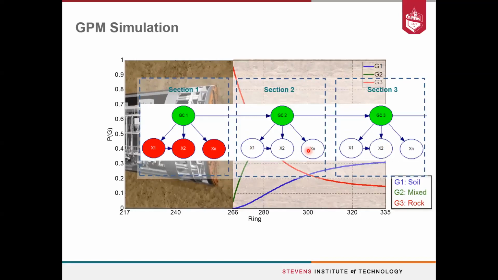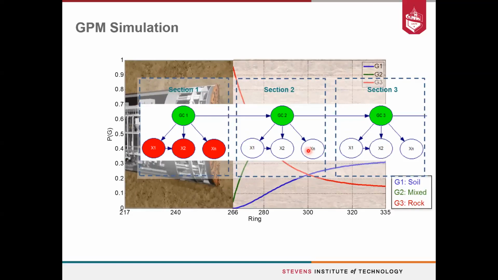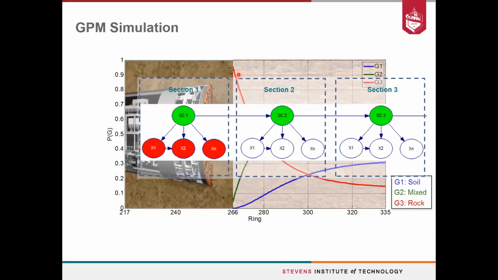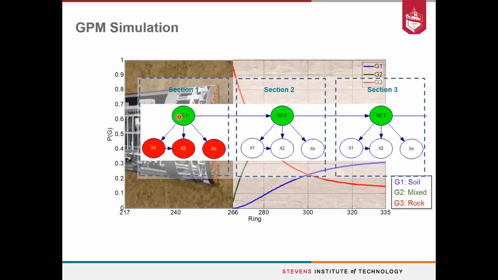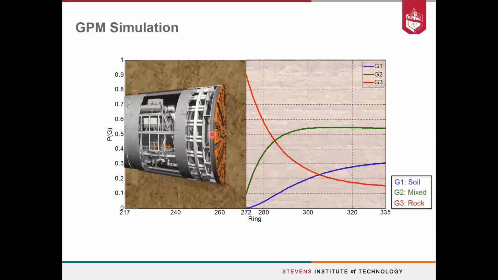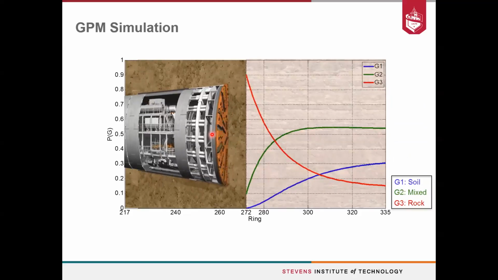We sectioned the model, and so in one section we observe parameters, and then we update this probability, and then we use this to update the probability of the ground class at a section, and then predict the head of the tunnel. The probabilities at each section correspond to the output, so those lines correspond to the output of these green nodes. What we saw is that at ring 264, which was the previous one, the tunnel was excavating through rock. And this situation